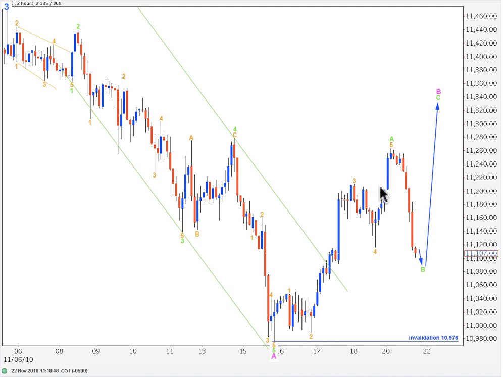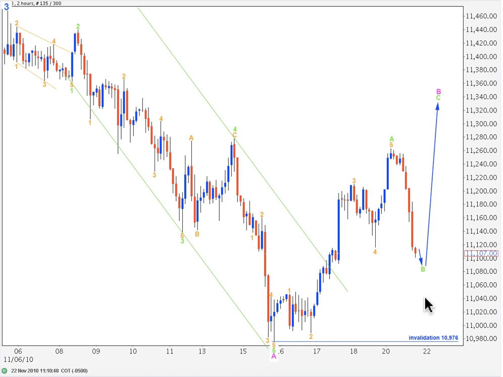This upwards movement here has taken price comfortably outside of the parallel channel I've drawn around A pink to the downside, and this is very clearly a 5-wave structure to the upside. Therefore this downwards movement here is most likely to have a corrective count. It's probably not quite over. It may move down a little lower to end wave B green, but wave B should not move beyond the start of A. Therefore this downwards movement should not end below